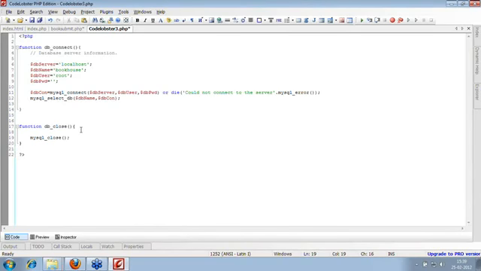You can either have this connection identifier as a global value outside of all the functions, and then use the same one to close it. So it will just take the identifier, otherwise it will close the most recent connection.